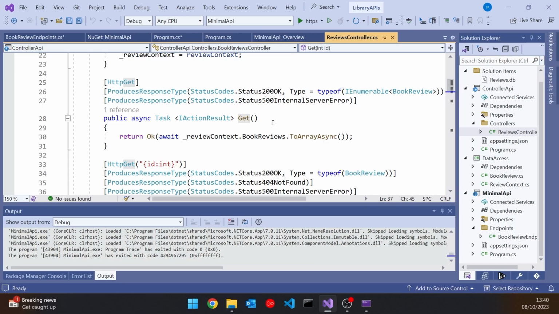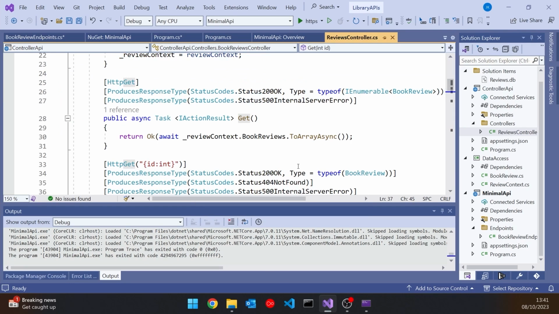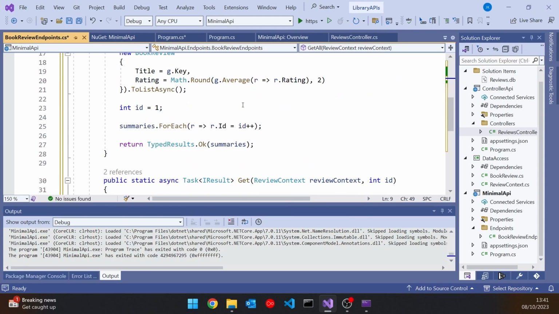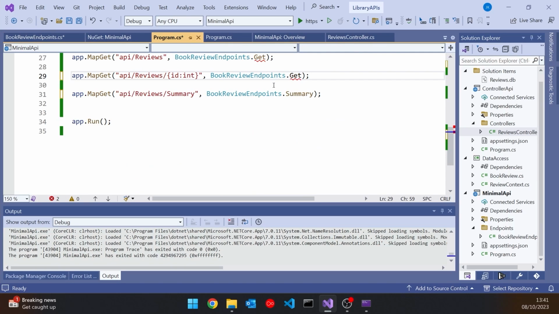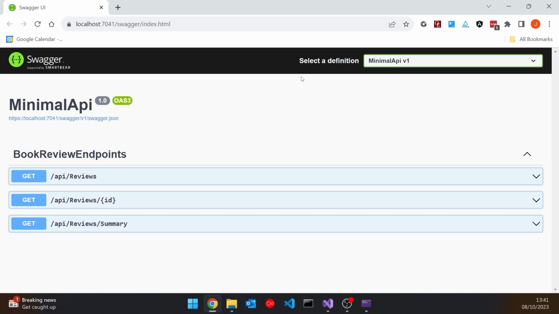The overloading works fine. But you can't do that when you are passing the names of the functions in as those delegates, because we're not providing any parameters there, and therefore there's no way that it can resolve that issue. So actually you have to give them specific names here. So we would have to call the first one get all and the second one get one or something like that, just so they can be disambiguated when it comes to passing them in here. So there's get all and get one. And so having done that though, if we run that up, then we've got all three of them working.